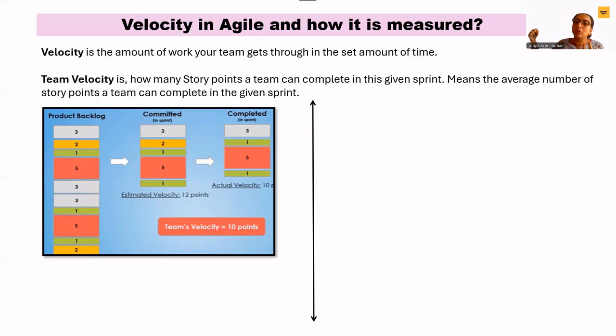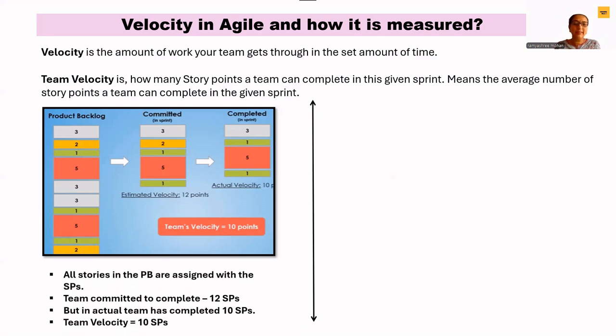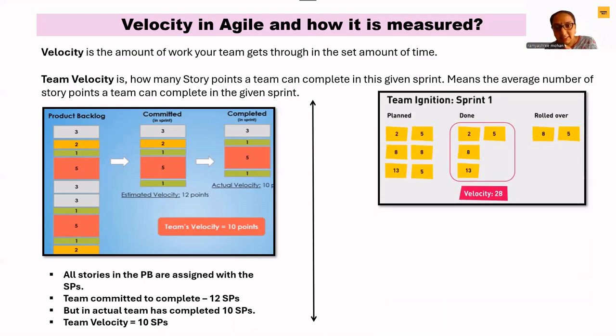So we had to de-scope something out of this sprint, or maybe some person was not well in the team, or maybe the server was down, an unexpected thing happened. And then because of that, we were able to deliver only 10 story points. So even though the estimated velocity is 12 points, the actual velocity is 10 points. Now, let's say the project has been running for the past 1 year or 2 years. In that case, there's something called the velocity. As you can see here,